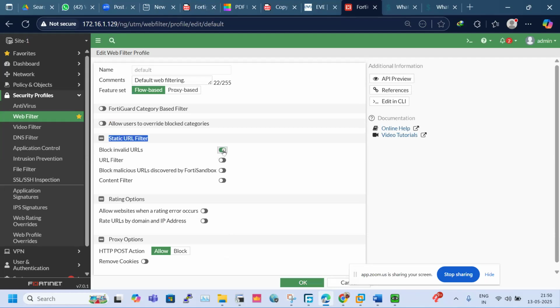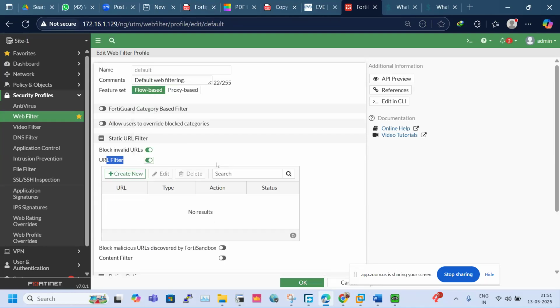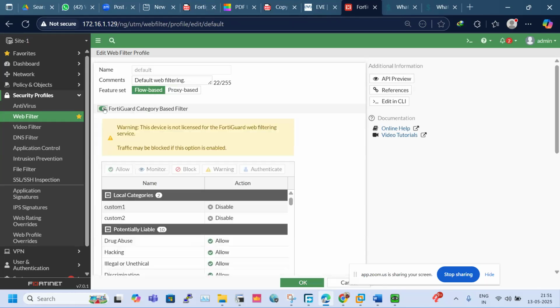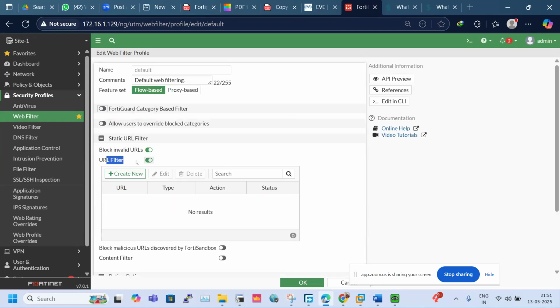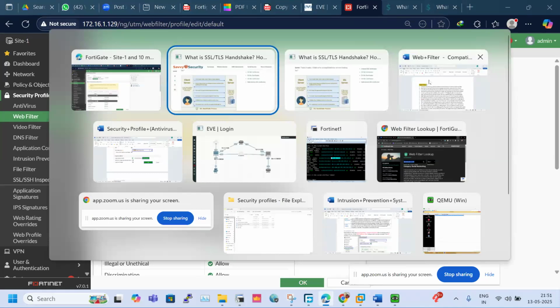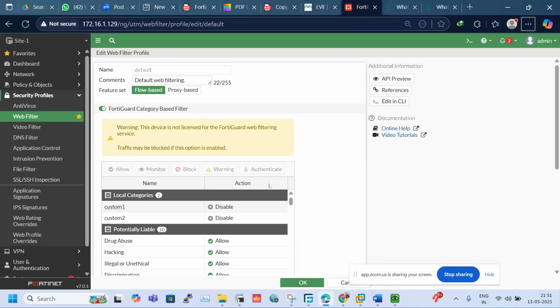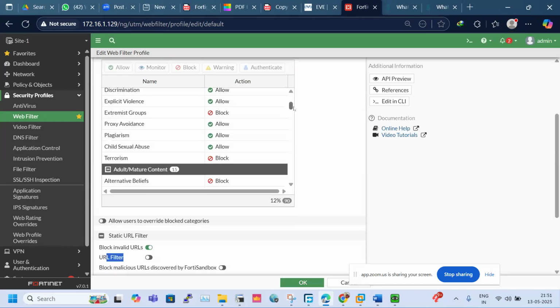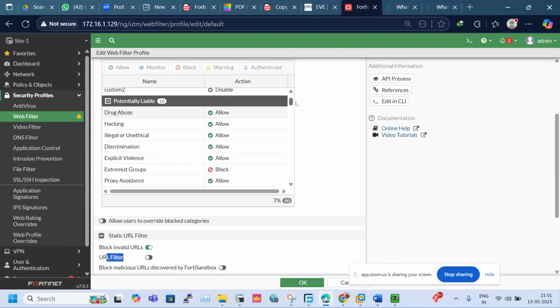Here we have the option to block invalid URLs, right? Or you can enable the URL filter and do the URL filtering. This will be the static one. This will not be category wise. So guys, I have already told you where you can find the category, or how you can check which URL belongs to which category. We have this many categories available with Fortinet. See, political, libel, these are the